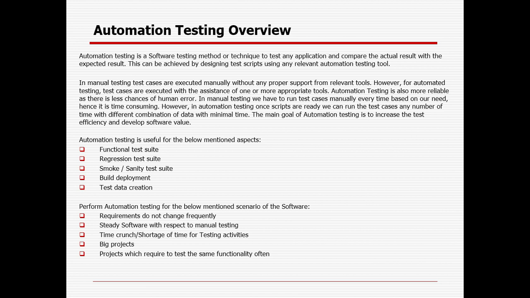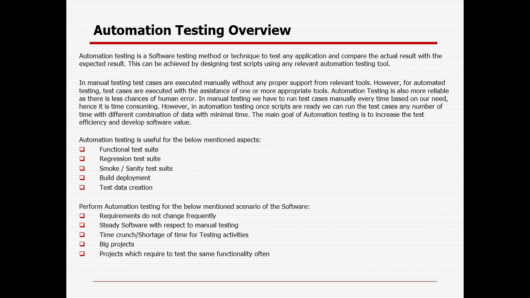Automation testing is nothing but whatever we are trying to run manually, we will try to run automatically. We will implement it with some relevant tool, with the help of a programming language and a framework. But the objective is still the same. Instead of a manual run, once you write the code, you can run it multiple times. That is the main objective: write once and execute multiple times.